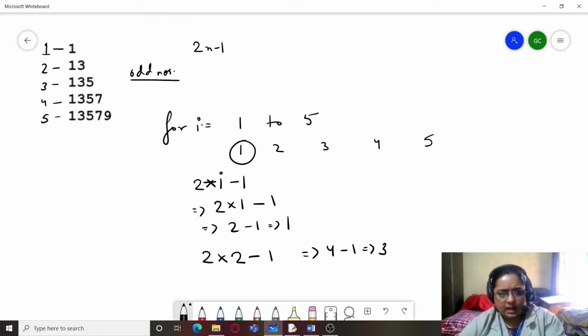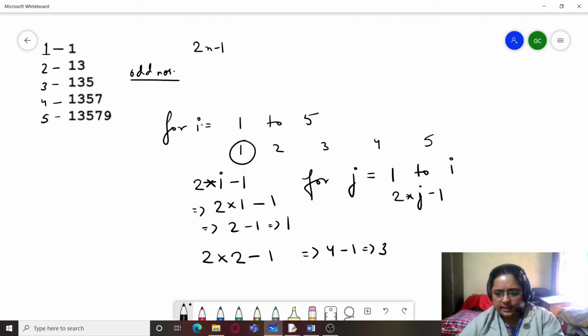So I think our work can be accomplished by taking an inner loop also, j, which will vary from 1 to I. And here I can simply write 2 into j minus 1. So when I is 1, j has to run from 1 to I, that is 1 time only.